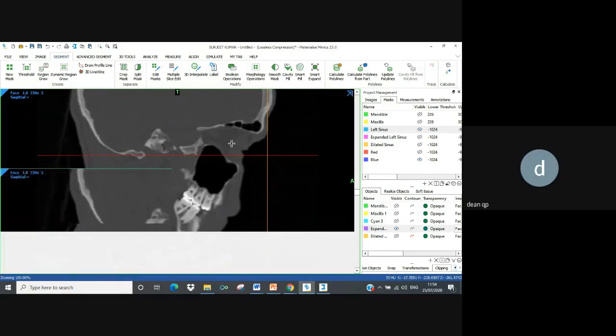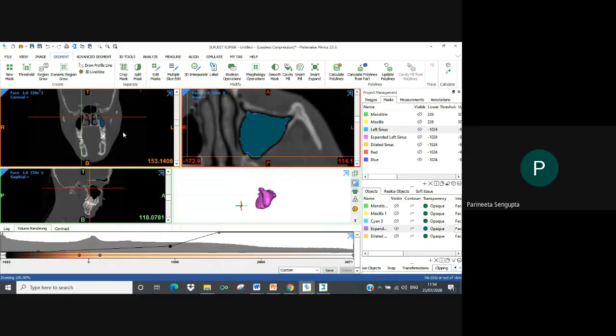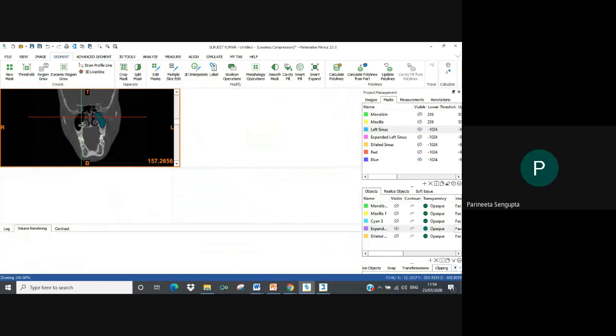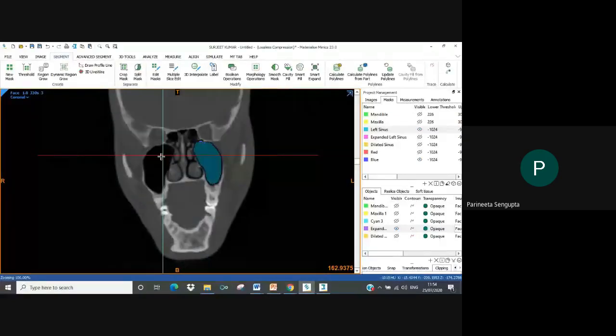Do we need to use these axial sections only, or can we go with coronal sections also, or sagittal sections as well? Any section, not a problem. So if you want, I'll just do a small quick demo on the sagittal for the other side, using the coronal on the other side.